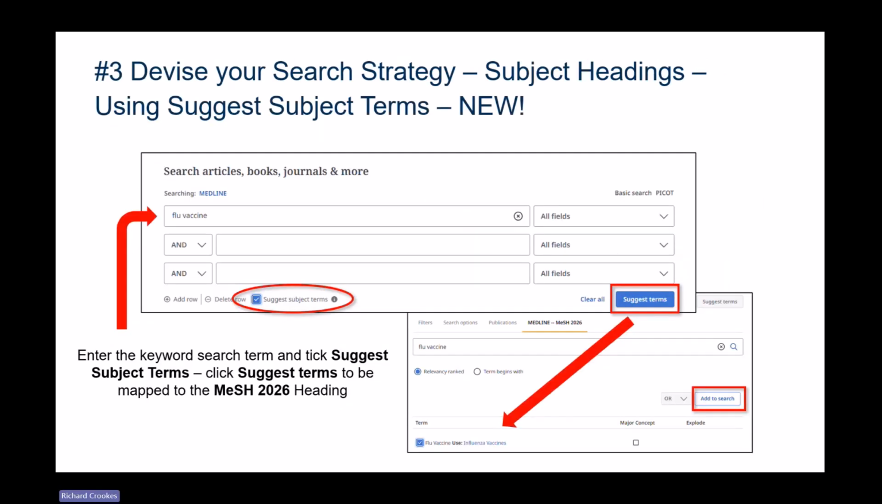Now, I just want to introduce something new to you. I think most of you probably have not seen this yet. This was launched, I think, a couple of weeks ago now, and that's the use of suggested terms. Some may remember this from the classic interface, and some of you are still using this. But you'll notice this time the suggested terms option is now below. So again, you enter your keyword search term and you tick the box suggested terms. When you do that, the search button changes to suggest